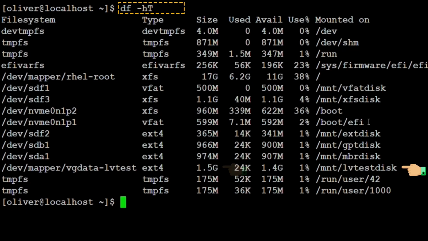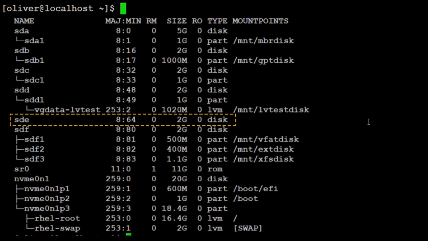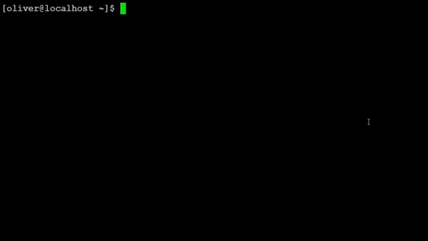But what if the volume group has no free space left? In that case, we can add a new disk, create a partition, and include it in our existing volume group. That's what I'm going to demonstrate now. I already have a free disk named /dev/sde. To create a new partition on it, I type sudo